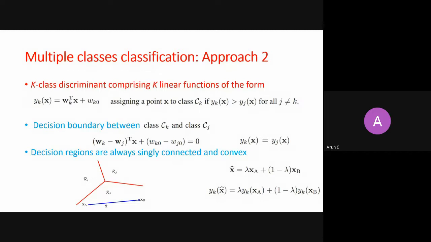Very nice. So intuitively, I just told you that with this K-class discriminant, you can form decision regions which are convex in nature, and they're connected, right? Connected and convex. It is important, and it looks like this. So once you fall into a region, it will be only one region. There is no disconnected part of it.